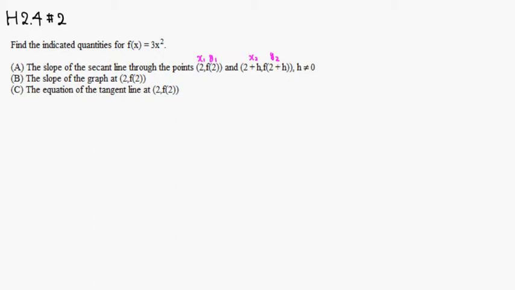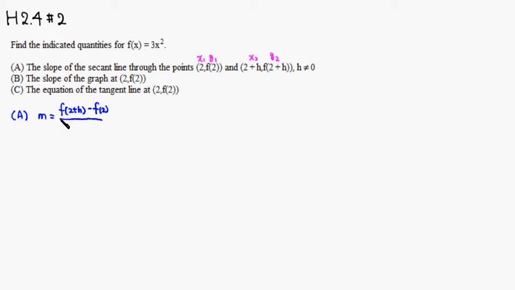So by the slope formula, m is equal to y2, so f of 2 plus h, minus y1, which would be f of 2,